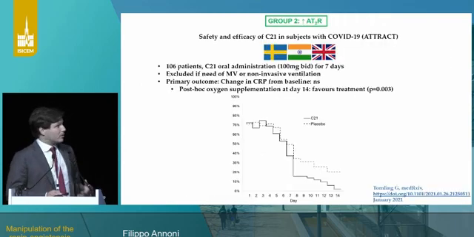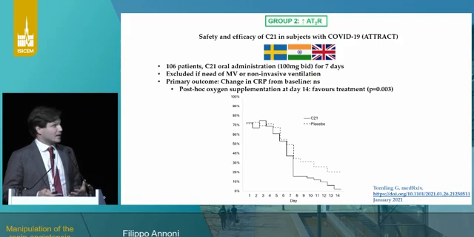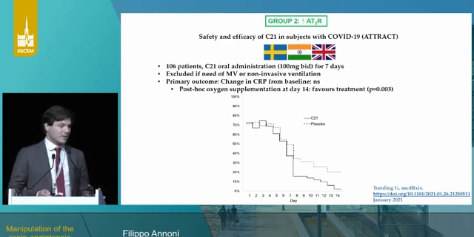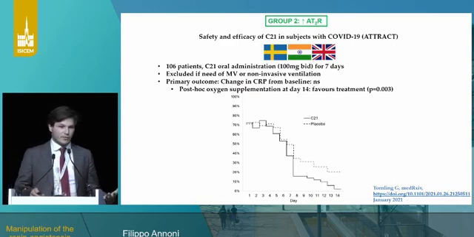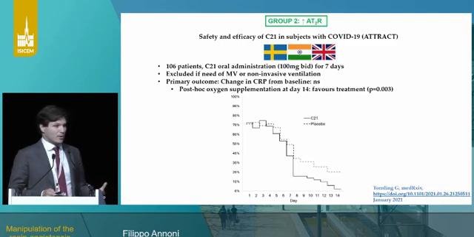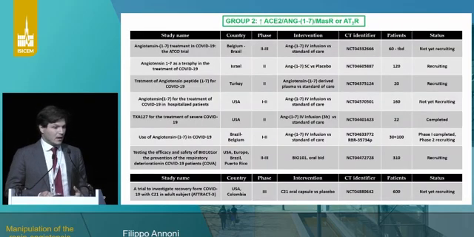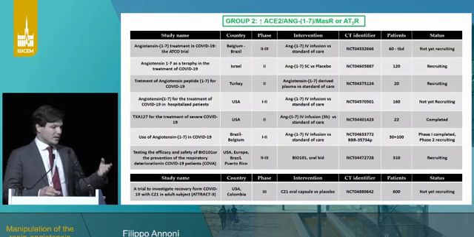A secondary study that I would like to discuss is this one. Compound 21 is a non-peptide AT2 receptor agonist. Again, here 100 patients have been included. The secondary post-hoc analysis seems to favor treatments, but since January, we have just had access to those results, but no publication has been made available. Yet a bigger study has been programmed, as you can see at the bottom of the screen, called ATTRACT-3.